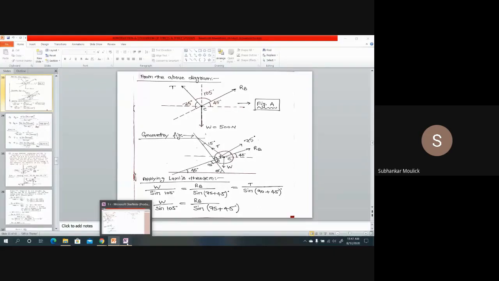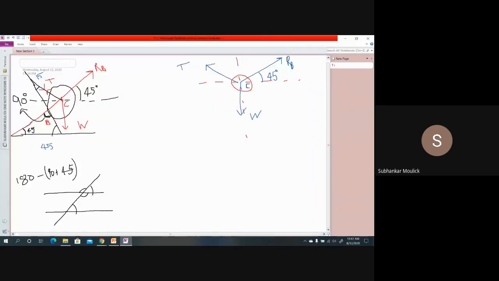Fine. Next. Now, if I consider this small triangle, the triangle in which the string is attached, if this angle is 15 degree, can you tell me how much will be this angle? It will be 90. Why? Because already we have calculated this angle is 90. If this is 90, I know the total angle will be 180 degree. So total angle is 180 degree, this angle is 90. If this is 90, this will be also 90. Then only this will be 180 degree. So this angle is 90.